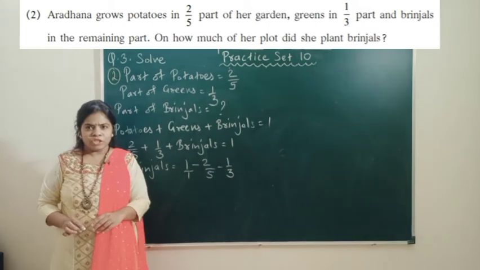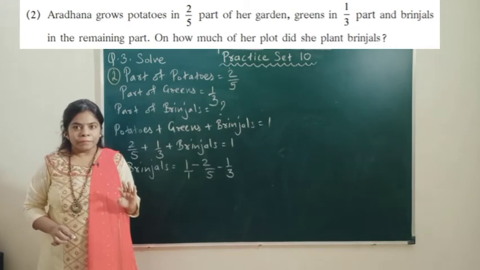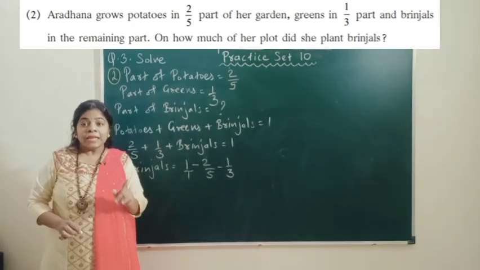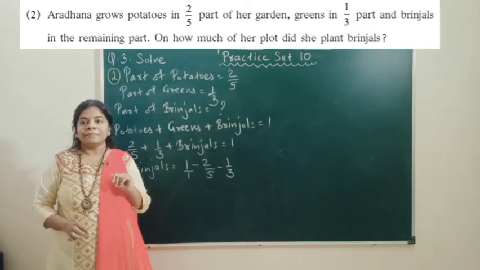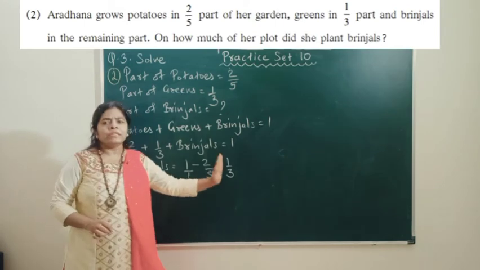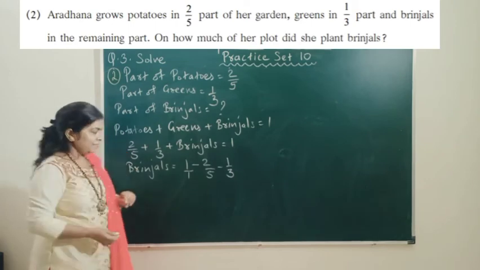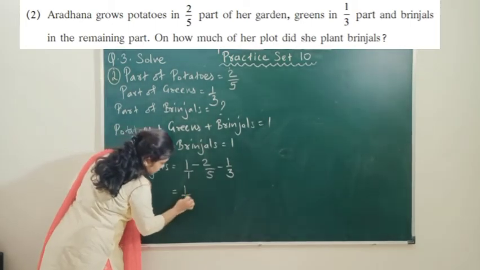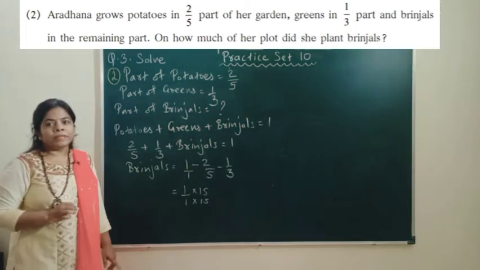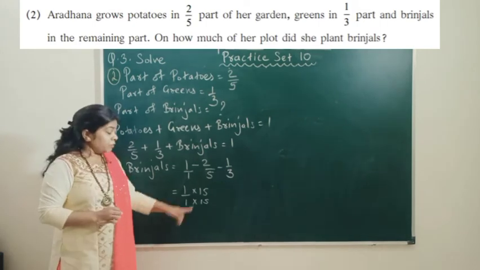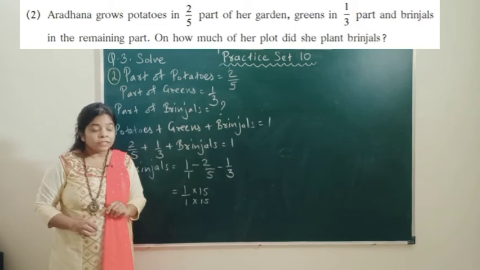All are subtracted to each other. 1 and 5 and 3. They do not come in any common table. So 5 3s are 15 is the only option we can use for making the denominators same. So I am going to make all the denominators as 15 because that is possible in this case. First denominator I am making as 15, but I have to multiply up also because I need to balance the fraction. Value should not change.